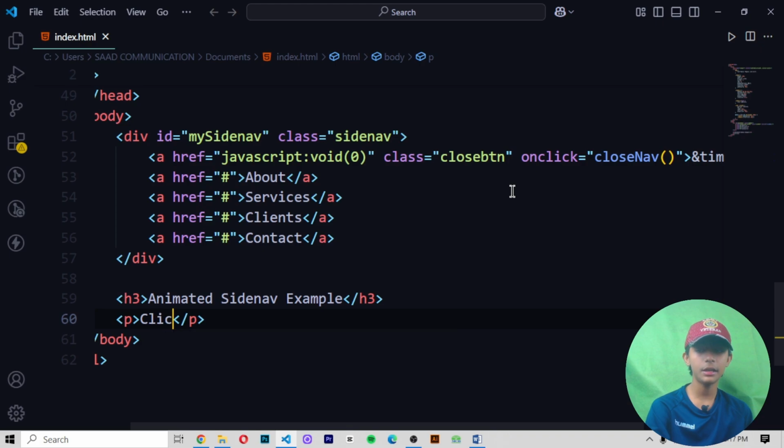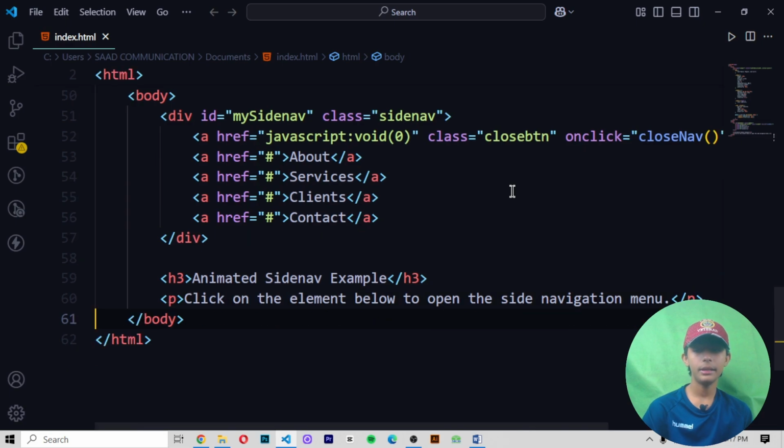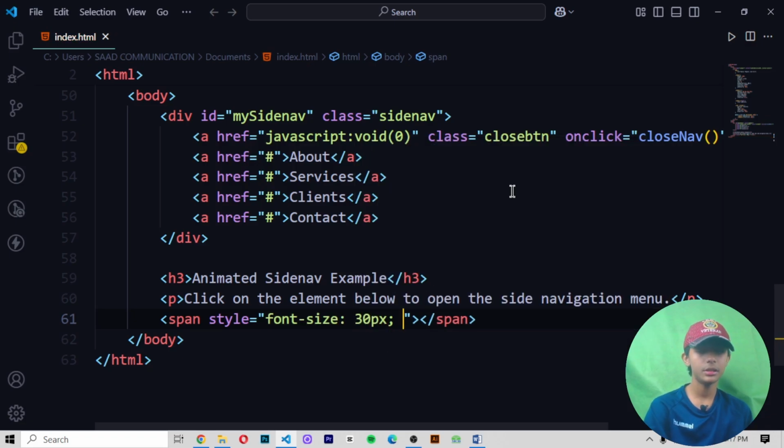We define a paragraph: click on the element below to open the side navigation menu. Then you write a span, add a style to it, font size 30 pixels, cursor pointer.